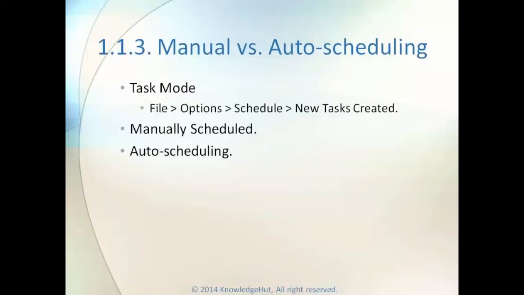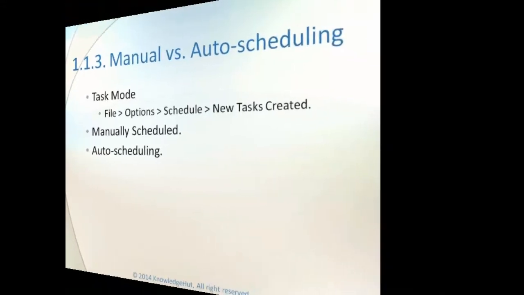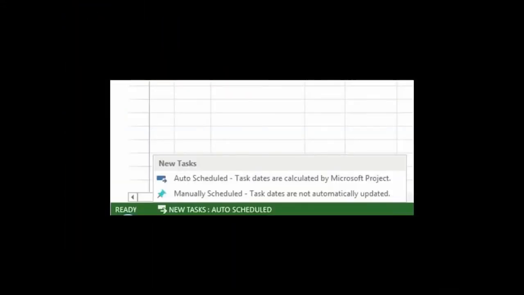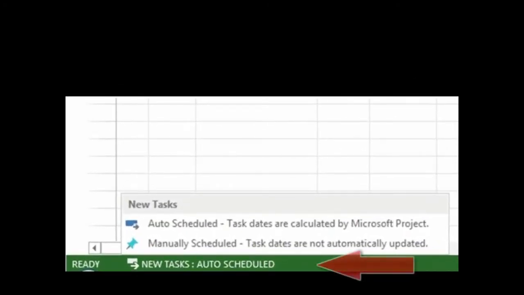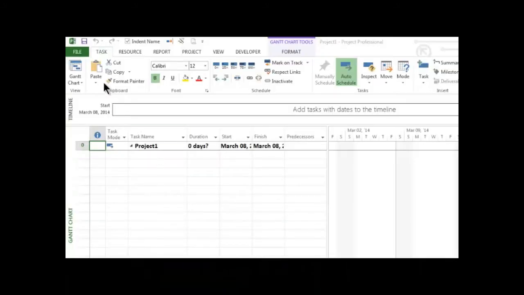Next, we'll be speaking about manual versus auto scheduling task mode. Any new task that is created will have its task mode set according to the scheduling mode that was set for the project file. The scheduling mode, manually scheduled or auto scheduled, for the project can be set either by clicking New Task, just found on the bottom left of the application window, that is slightly right of the Ready status indicator, or through the menus, File,